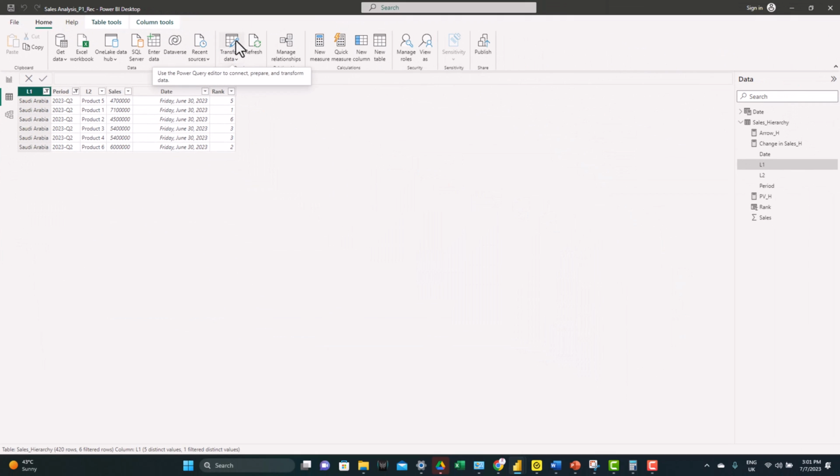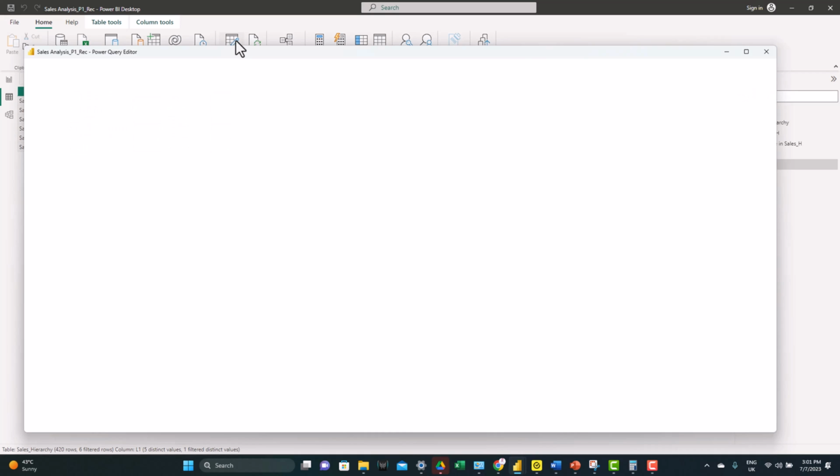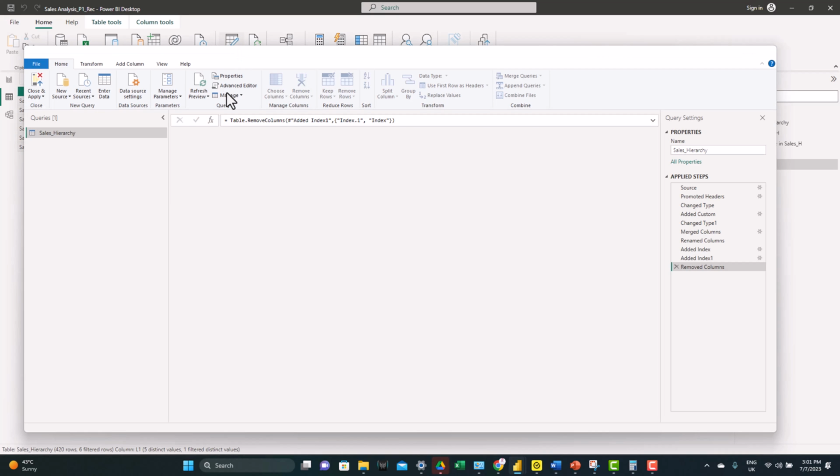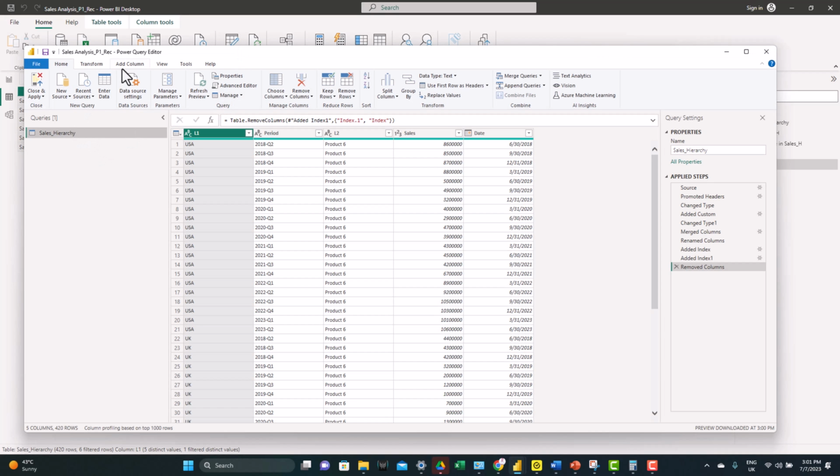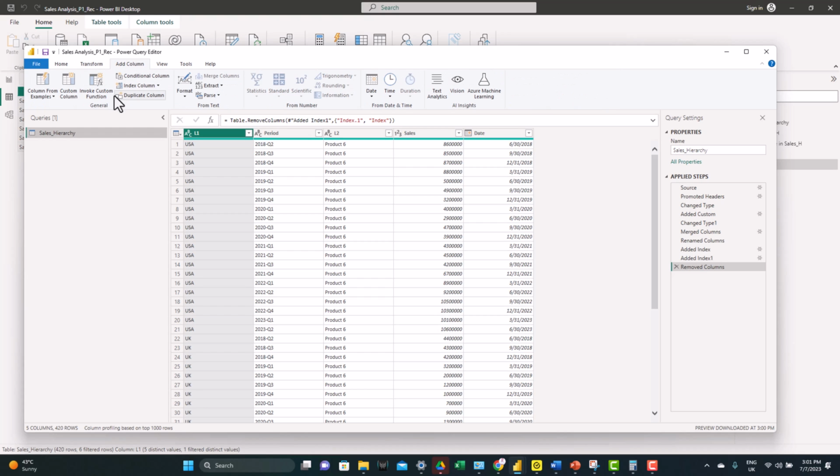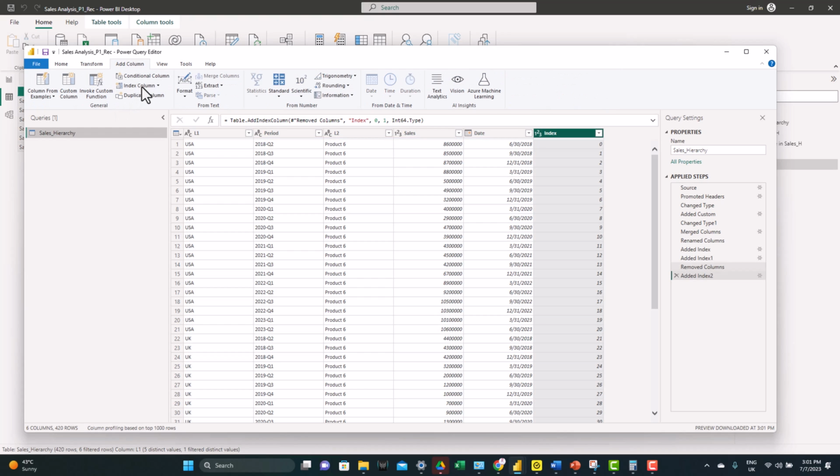What we need to do is a small trick here. From transform data, we go to the sales table and we add an index column. This index column will give a unique number for each of the rows.